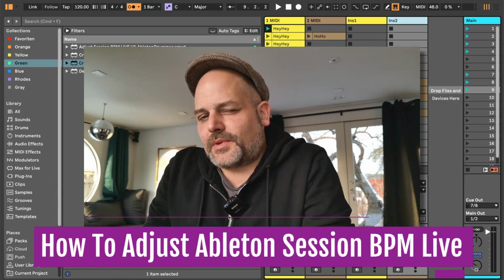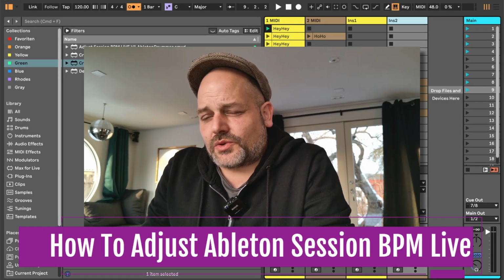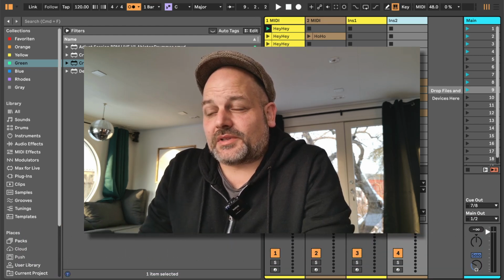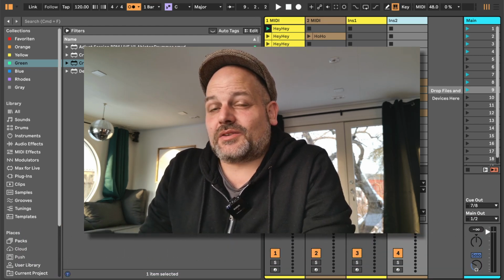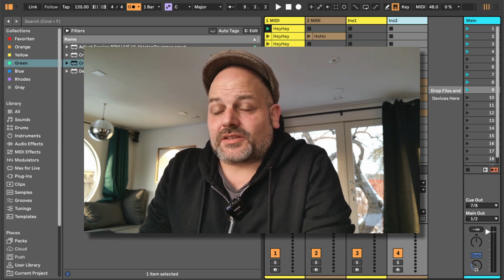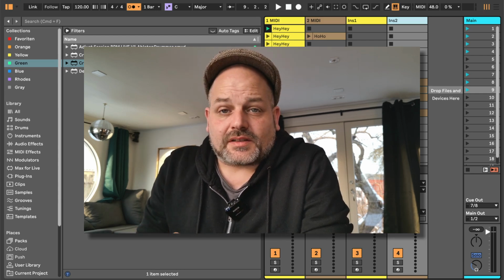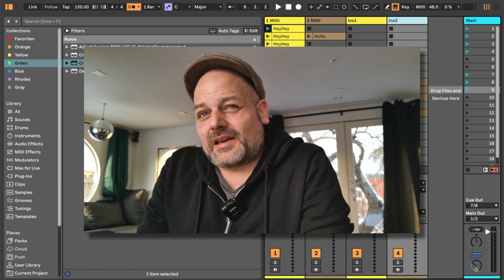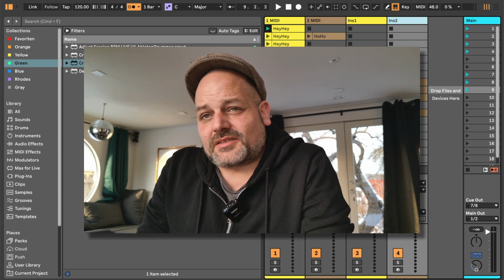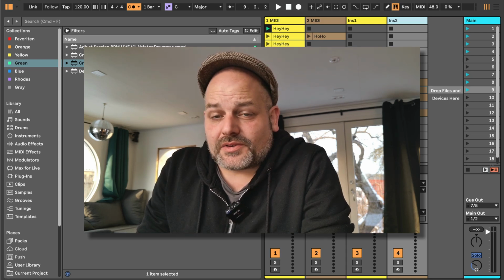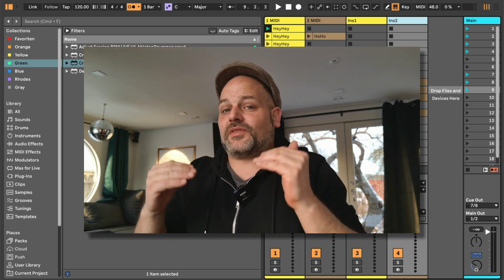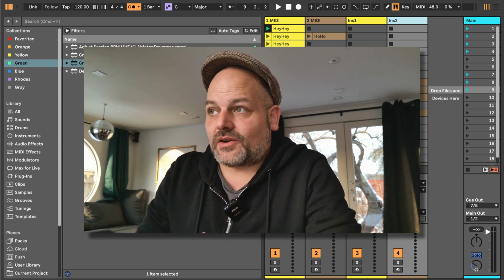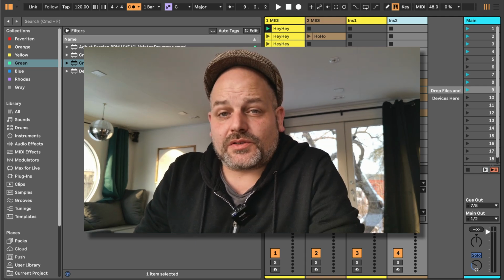How to adjust the BPM in Ableton Live Session View across all of your songs for the whole night. So for example, if you have an Ableton Live set and you have set up tempo automations or tempo settings for scenes in Session View, obviously, you might want to say, well, actually, I want to play a few BPMs faster tonight or in my rehearsal or whatever, but I obviously want the tempo to change accordingly. So I made a Max for Live device, or a few Max for Live devices, which you can use to